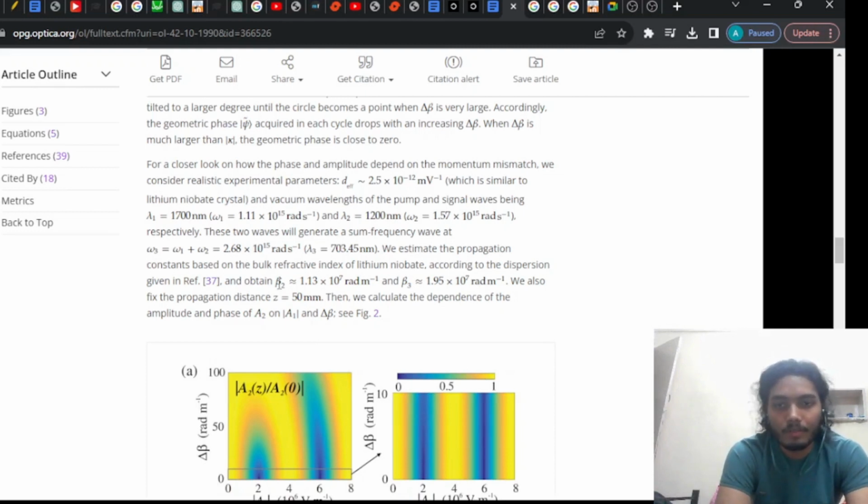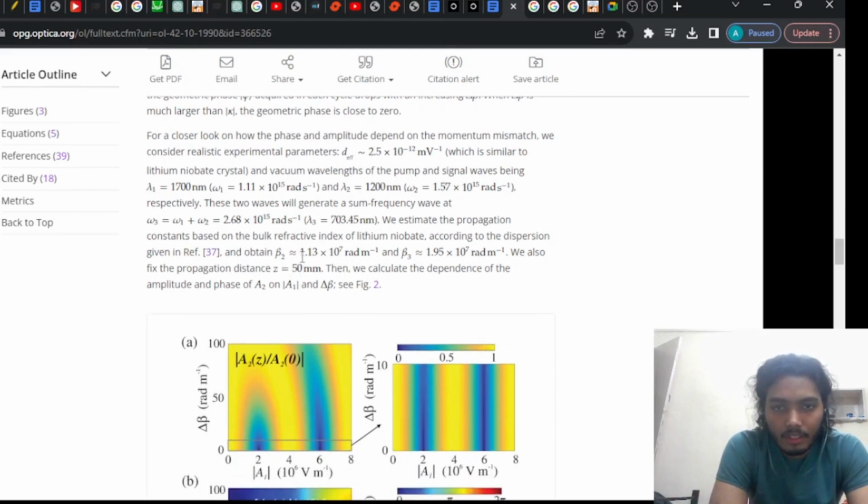So if we have the frequency, then we can get back the corresponding wave vector. So for this omega 2, this crystal has this wave vector,